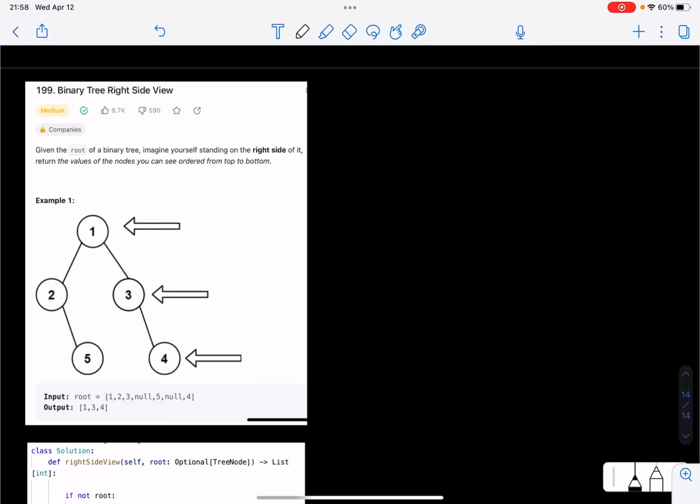So essentially, you have a binary tree. Imagine that you're standing on the right side of it. You'll have to return the values that are visible from the top to the bottom. So imagine you are standing to the right side of the tree. You are able to look at the values